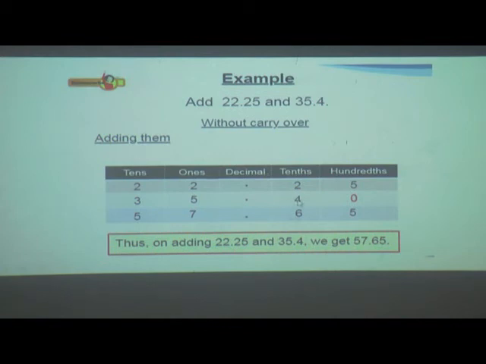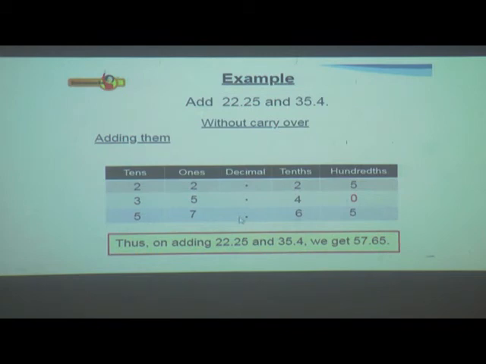Now the last step which we have to follow in addition, that was given that if you don't find digits in an addend, you can add the 0. So I had written 0. If you write the 0, it's okay. If you don't write the 0, it's okay. Just now it is a sum, we are adding them, so we have to add them. So 5 plus 0 is 5, 2 plus 4 is 6.